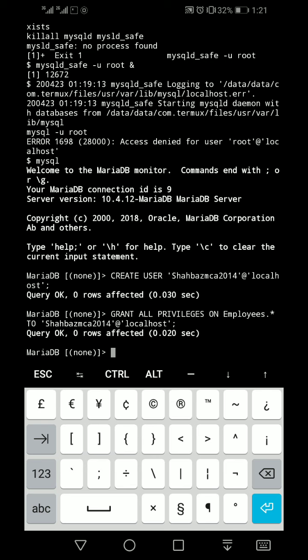It means your user is created with the name ShahbazMCA2014 and grant all privileges is given on this database, whose name is employees, to the user ShahbazMCA2014. So now here is username ShahbazMCA2014, host name is localhost and database name is employees.